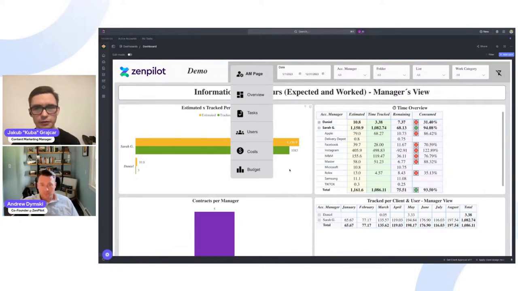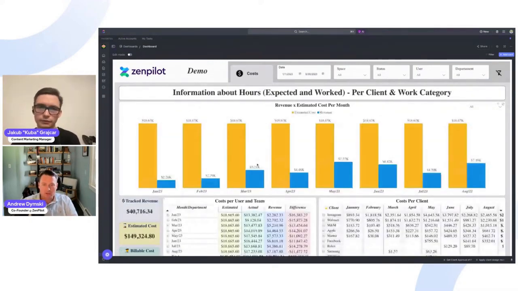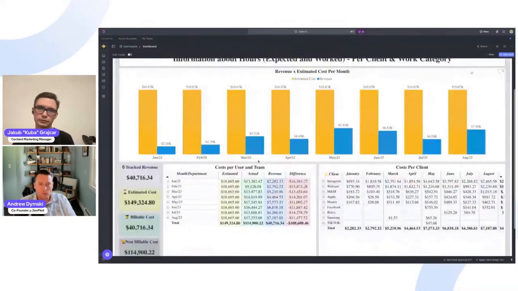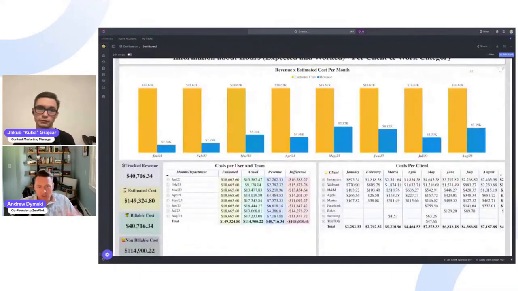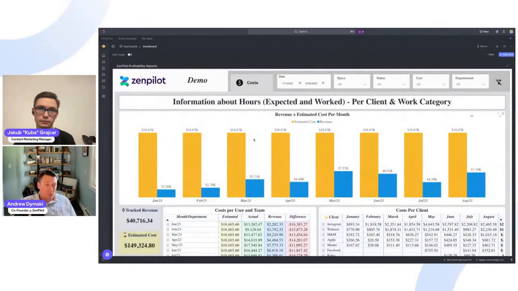Okay, let's keep going. So that's our account manager side of things. We can also look at the cost side of things. And here we're looking at the cost of our labor to see what is the effort that's being put out into each of these clients. So we can do this in a variety of different ways. We kind of talk through that one-to-one on how we're associating this, if this is dollars to individuals or this is dollars to roles. On the labor side of things, it's going to be dollar to individual